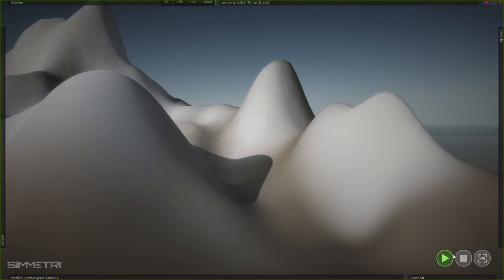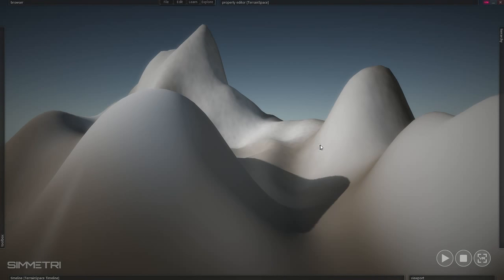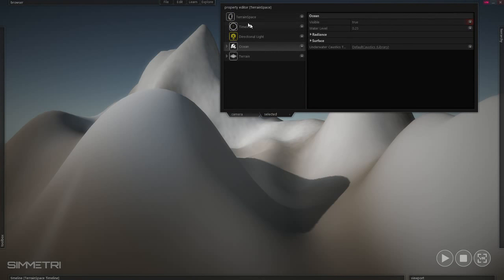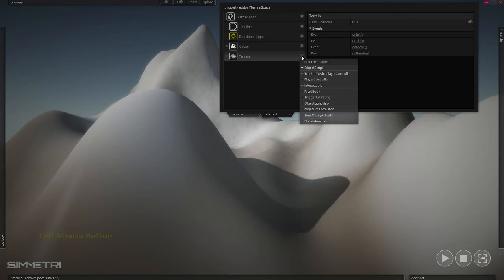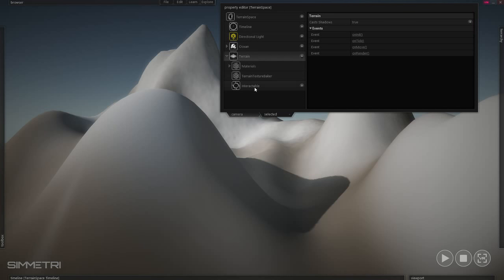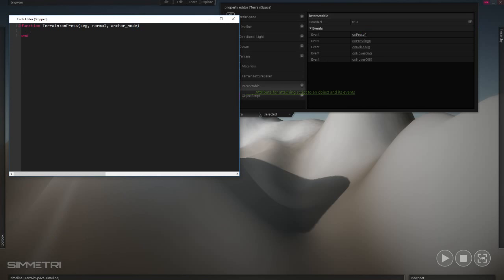The way to add this interactivity to the terrain is we're going to select the terrain and go to its properties, and under the terrain object here, not the terrain space, but the terrain object here with this little icon. This terrain right here is where we're going to add the interactable attribute. So we're going to click right here, and we're going to click interactable, which creates this attribute, and on it is this onPress event. So let's go ahead and use the onPress event,